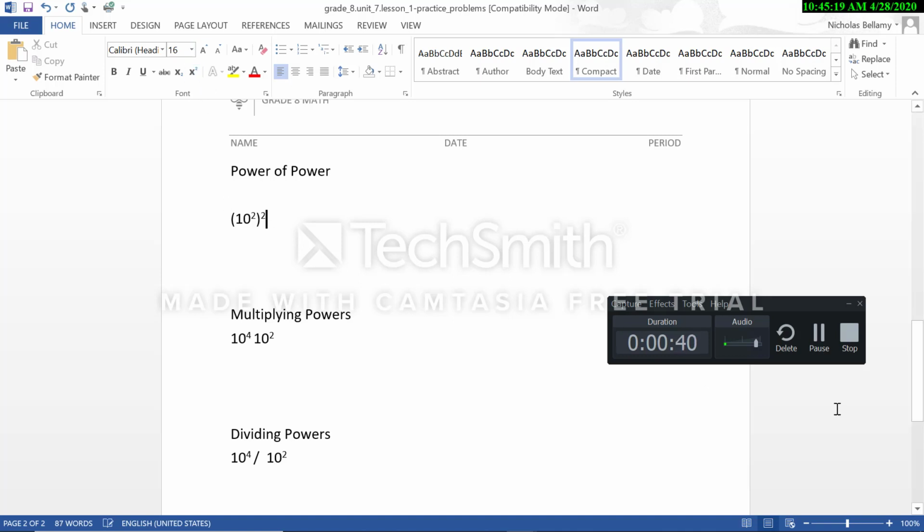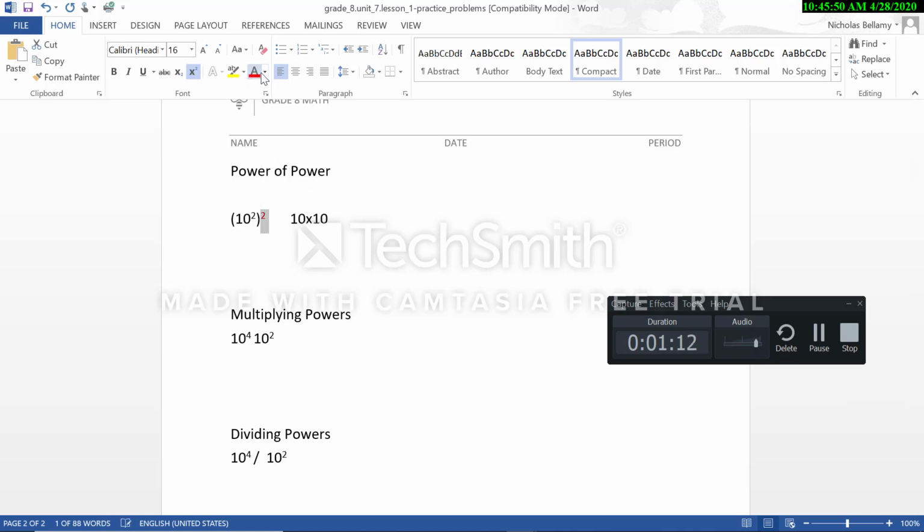So we have to remember, whenever we have exponents, it means we're multiplying groups, versus when you have regular multiplication, you're adding groups. So here, I'm multiplying my groups. Whatever my group is, I have 10 to the second power, which is also written as 10 times 10, okay? And what my exponent, my power, is telling me is that I have two